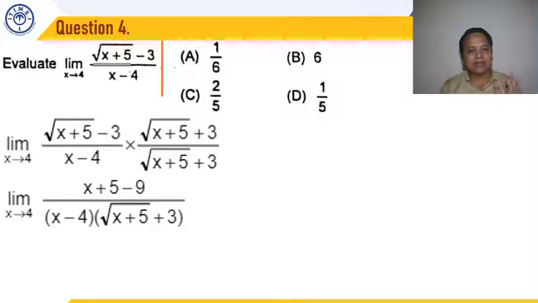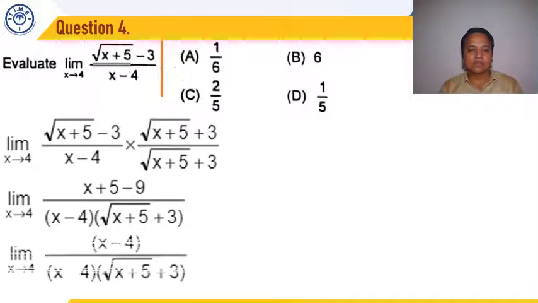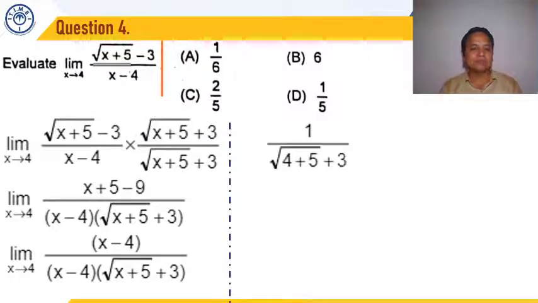But it's one step away. X plus 5 minus 9 is x minus 4, and x minus 4 is a term which cancels out from numerator and denominator, as it is common in both the terms. So can we say x minus 4 upon x minus 4 is common under root of x plus 5 plus 3. Now this term has to get cancelled out in the numerator as well as denominator, and then we can simply substitute the value of x equal to 4 in the remaining expression.